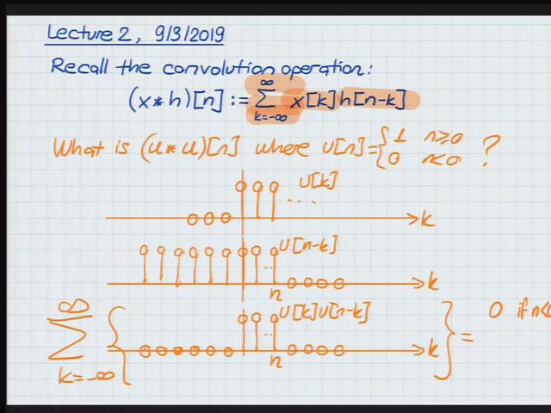If n is 0 or more, how many non-zero entries do you have? You have the one at 0, you have the one at 1, and the one at n, right? Altogether, I have n plus 1, because even when n is equal to 0, I have 1, right? So it's equal to n plus 1 if n is 0 or more. Okay? So therefore, the answer to the problem, the convolution of the unit step with itself, is a new signal